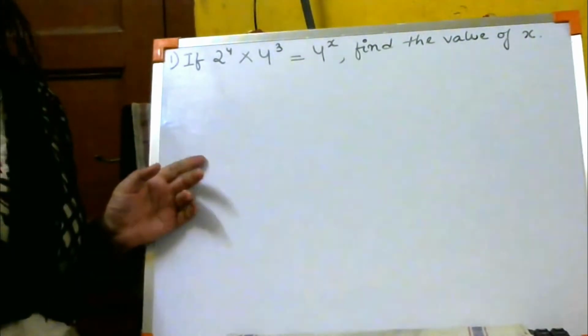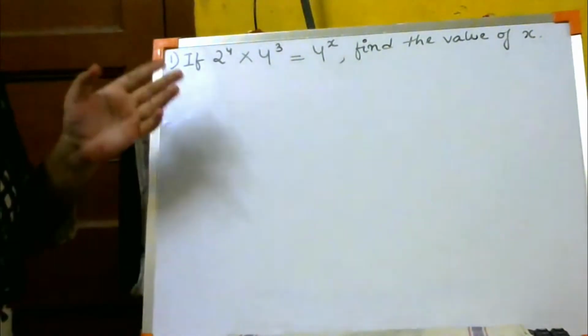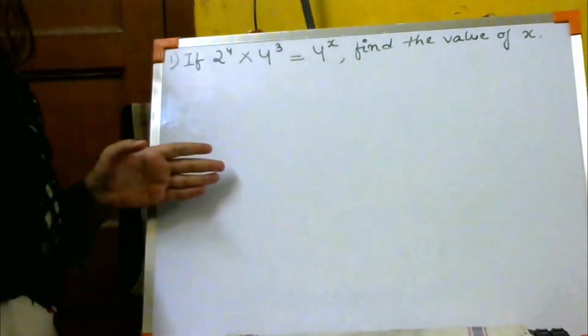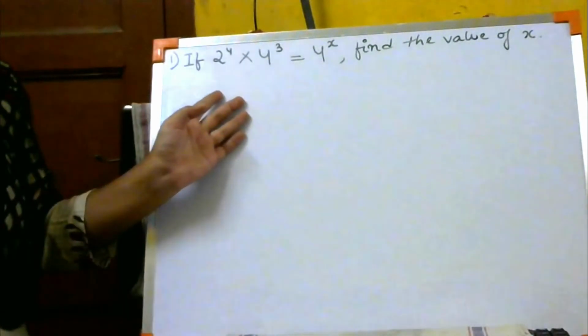So today is the last day that we are going to revise, and these are the sums that I am giving you from some other books. There are some sums in your book also itself. So let us solve it. Let us revise different kind of sums that might come.